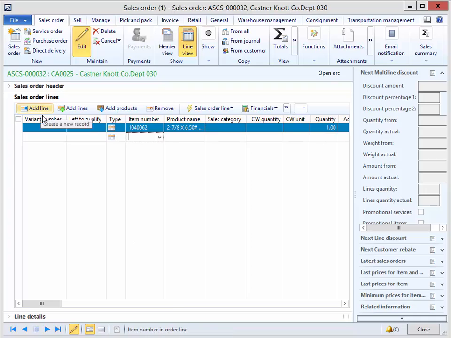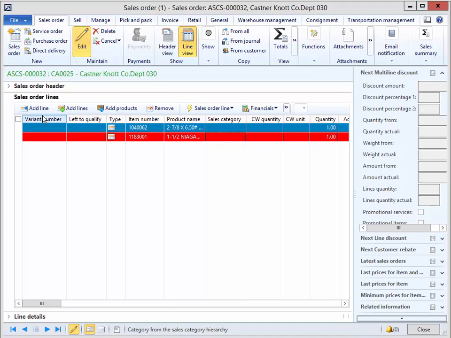Next, I'm going to add another line, and I'm going to choose a different product, and the color for this line changes to bright red. Now I've set this up so that it indicates that I really don't have enough stock of this product on hand to satisfy the order, so I've got to source it some other way or find a different product for that customer. I'm going to add one more line here,